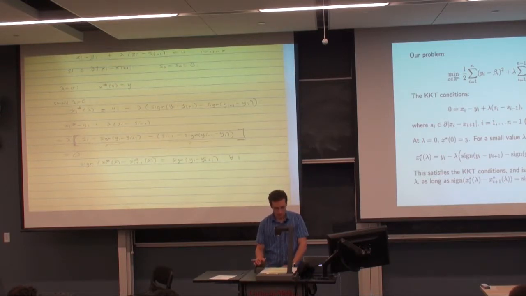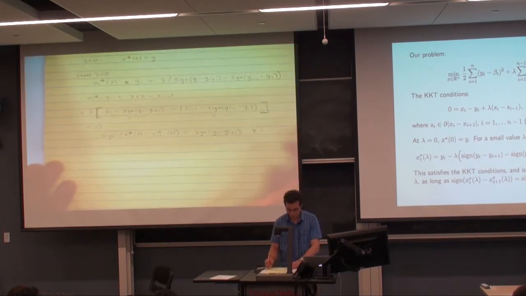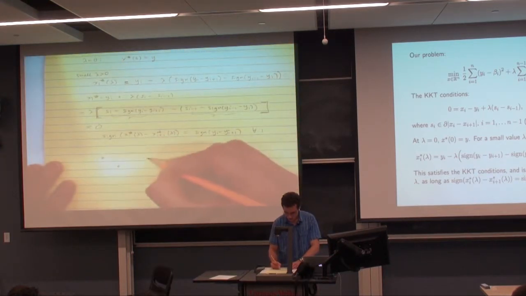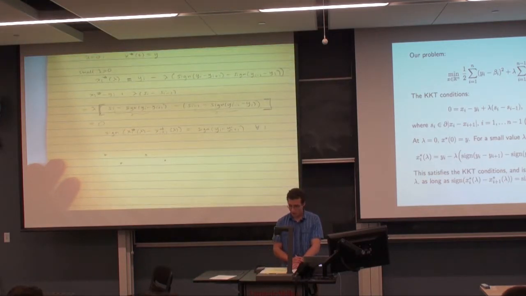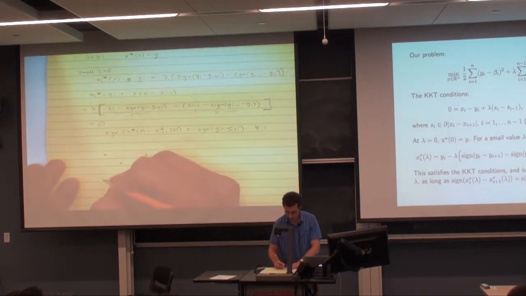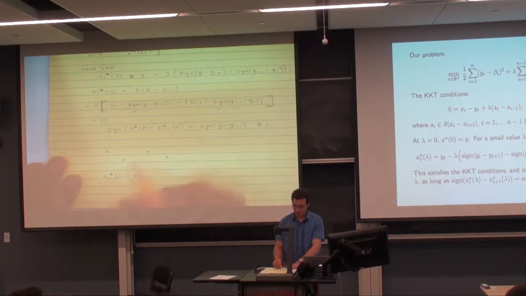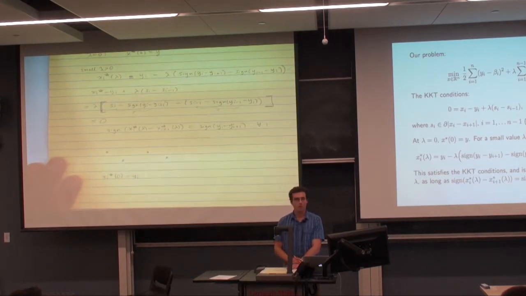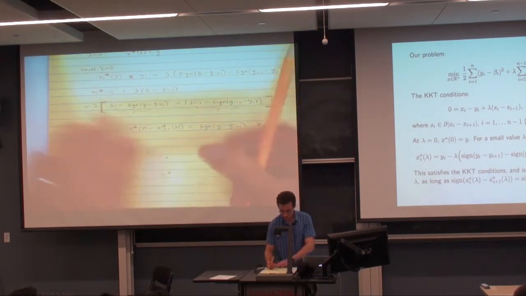kind of carry through. Let's draw it, because I think it's actually easier if you see a picture of it. Like these are the y values, right? y1 through y4. And I started off with x, the solution at lambda equals 0, being defined to be just y_i. So at lambda equals 0, these are the y values, and those are also the solutions. And then how do we define x as a function of lambda? Well, as a function of lambda, it was